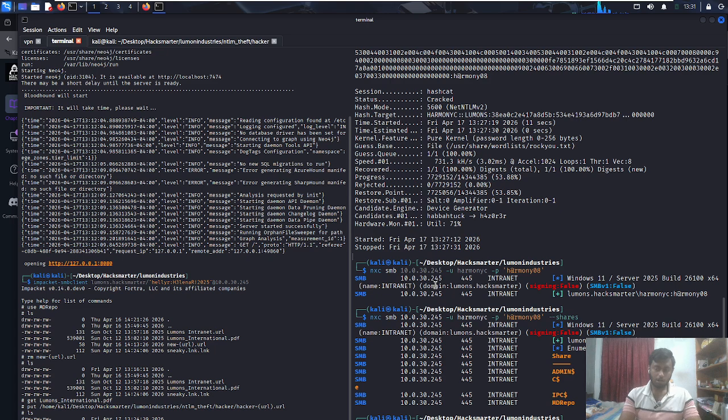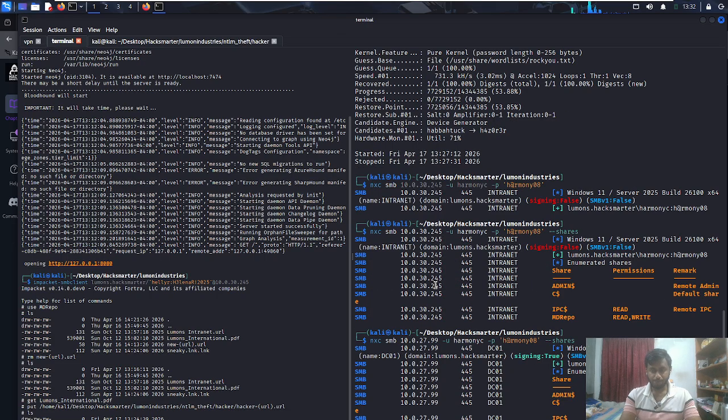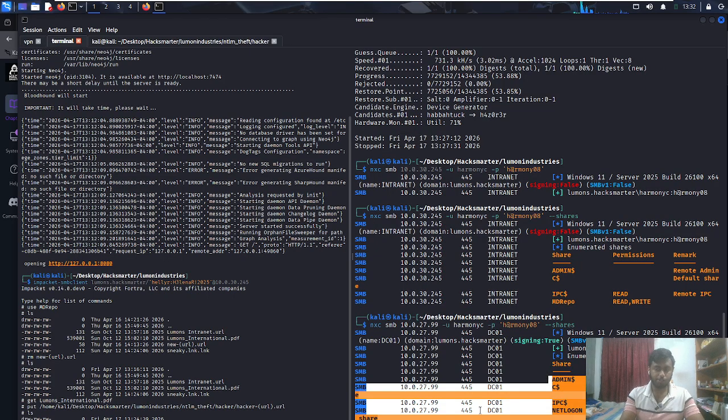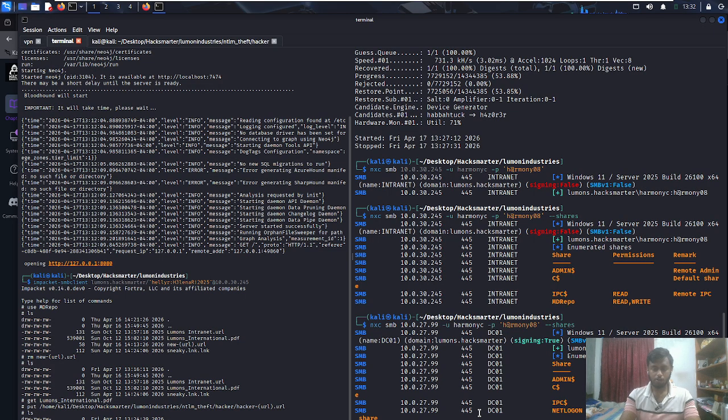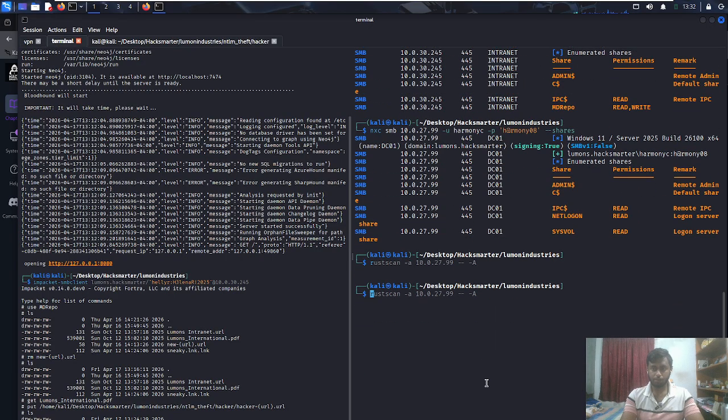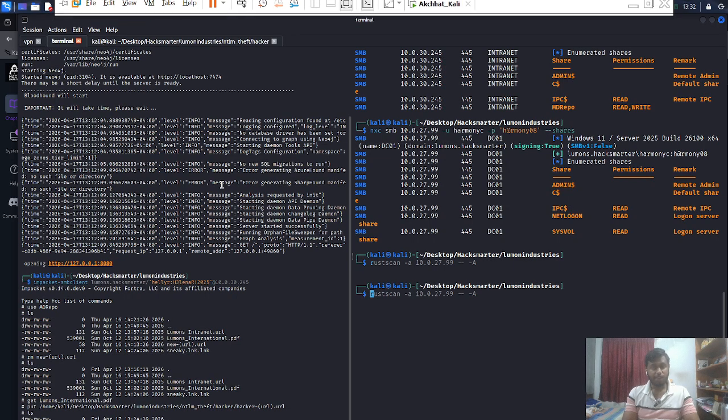So these credentials are valid on the domain controller as well. But here we can see that we do not have any interesting access permissions. I'll just clear that up with a Control L so that you guys are able to see it well. Yep, we do not have any interesting shares accessible, but on one side we do have an HTTP service running, the web server. These credentials we can try over there and see if that works,